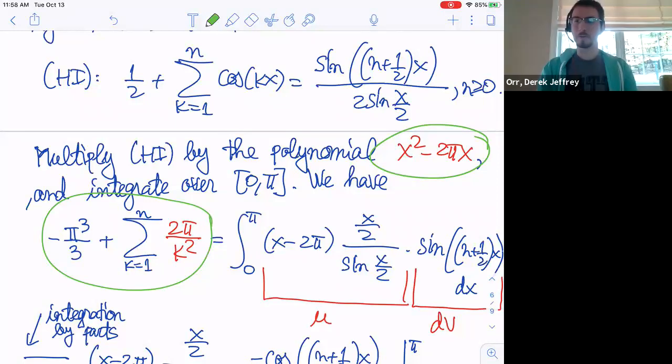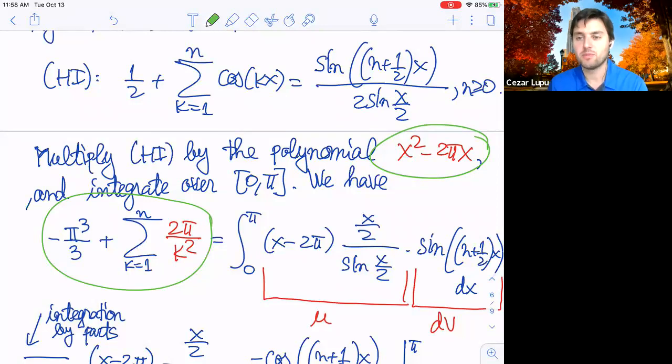So x squared minus 2 pi x can be expanded to a general polynomial that works for any even power. Yes, something like this. But you have to modify it in a different way. Frankly, I don't know how to continue Moreno's approach to finding zeta of 4 and zeta of 6. But if you modify this approach and use another type of identity, not the one with the Dirichlet kernel but something different, maybe with the Fourier kernel, you'll get zeta of 2n. In fact, I do have a proof for this. Maybe I'll present it in a different seminar, maybe the algebra or number theory seminar.